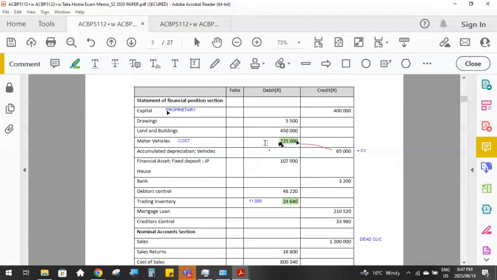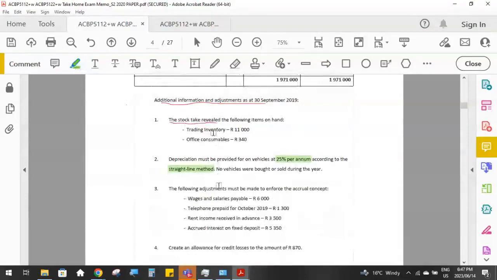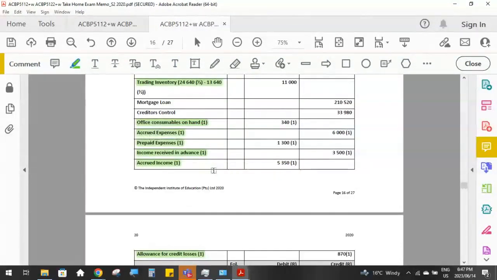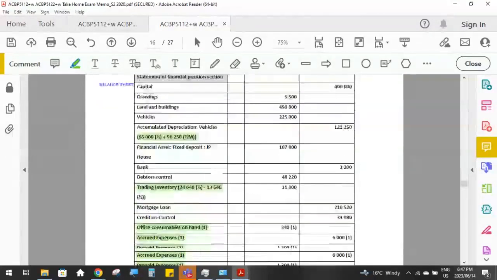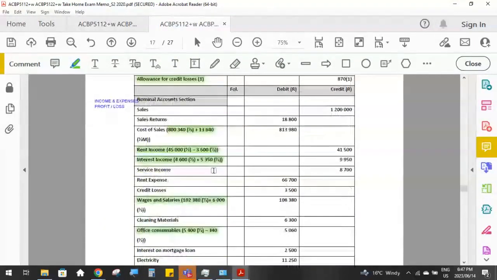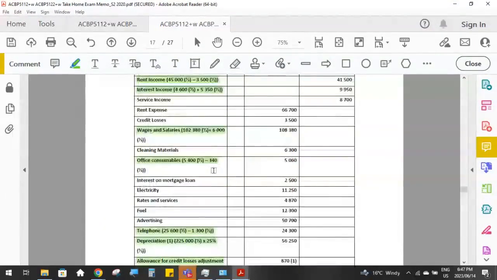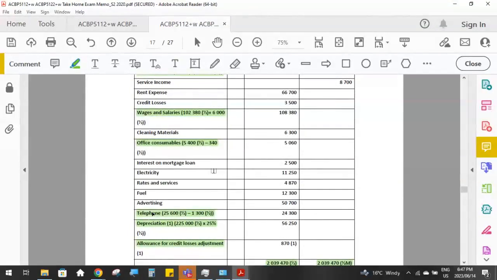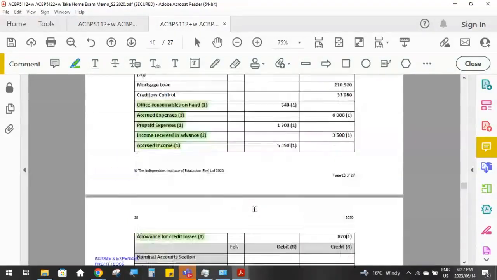So we are going to take 225,000 multiplied by the 25%, and that will give us our depreciation expense for the year. So we are going to debit depreciation. There's the calculation, 56,250, and we are going to credit